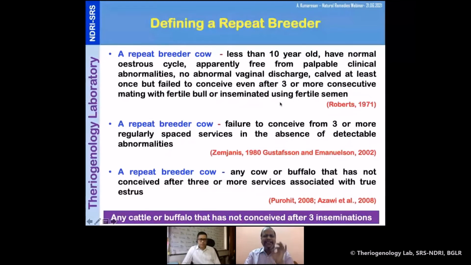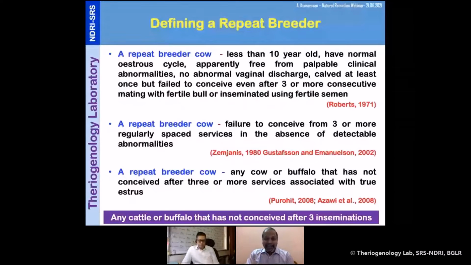This was the classical definition of repeat breeder, and at that time the incidence or prevalence of repeat breeding was calculated based on all these factors. But over a period of time it has transformed, for user-friendliness or some other reason, I do not know very clearly. After a decade or so, because when AI was used, it was assumed that the semen used in artificial insemination was quality ensured. That's what we assume, but in reality it is something different. I'm not talking about the quality of the semen itself, but because of some developmental issues and other things, the sperm quality gets deteriorated. I will come to that later.